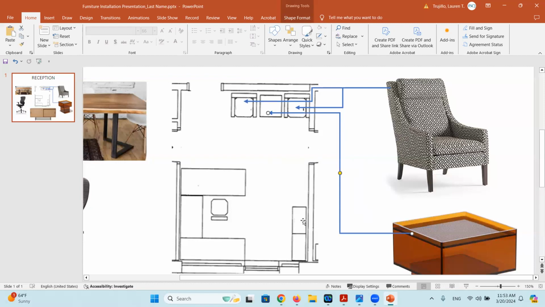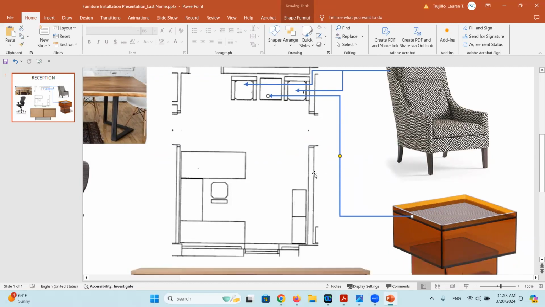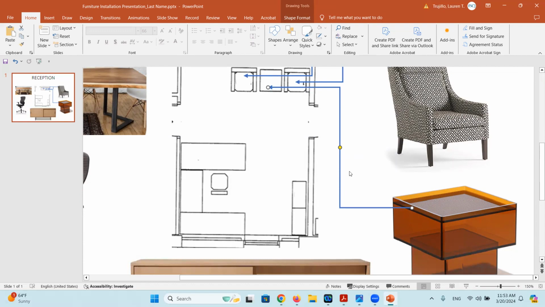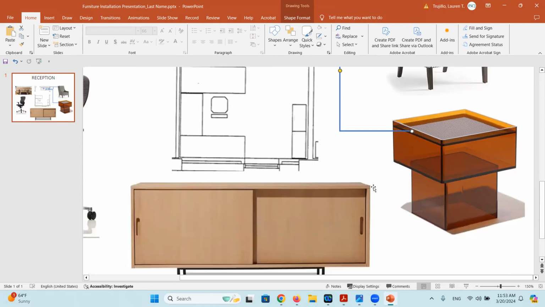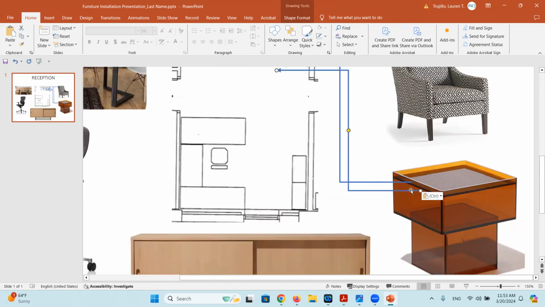So you can see I'm being mindful not to overlap this piece of furniture because it's going to have its own leader. Okay, now I'm going to copy and paste here as well. And I'm just copying and pasting because it ensures that I get the arrow always the same size and the same dimensions as well.